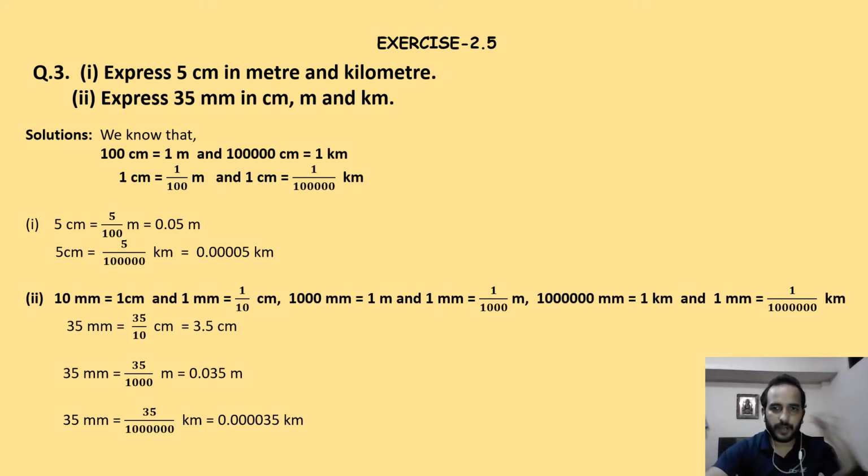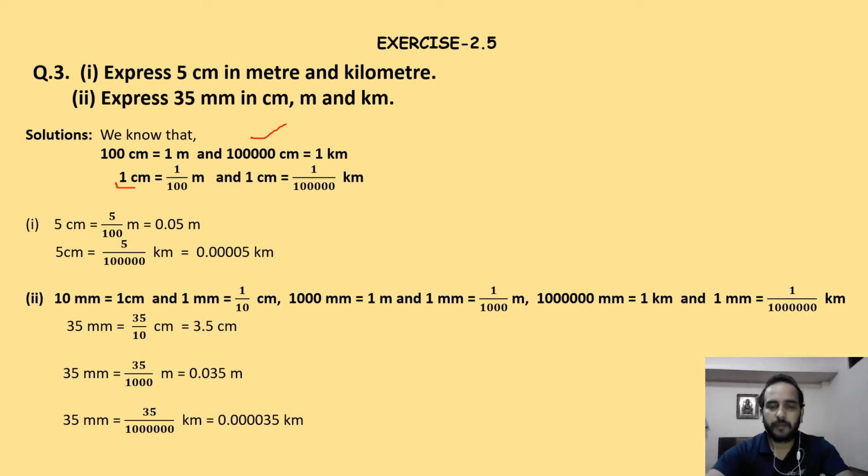We already know that 100 centimeter is equal to 1 meter. So how many centimeter will be equal to a kilometer? We know that 1000 meter makes 1 kilometer, so multiply 1000 times on both sides. 1000 times 1 is 1 kilometer equals 1000 meter, and 1000 times 100 is 1 lakh centimeter. Counting ones, tens, 100, 1000, 10,000, lakh, we have 1 lakh centimeter equal to 1 kilometer.